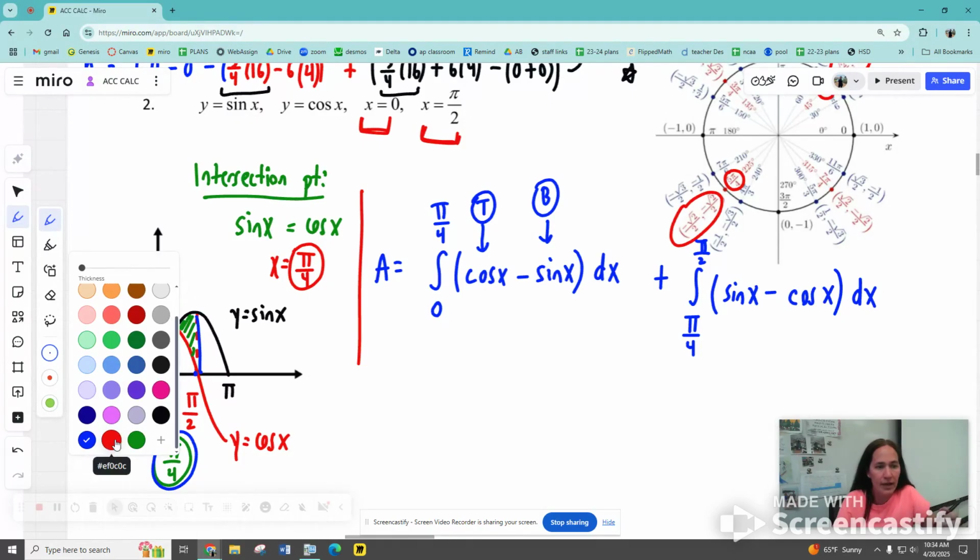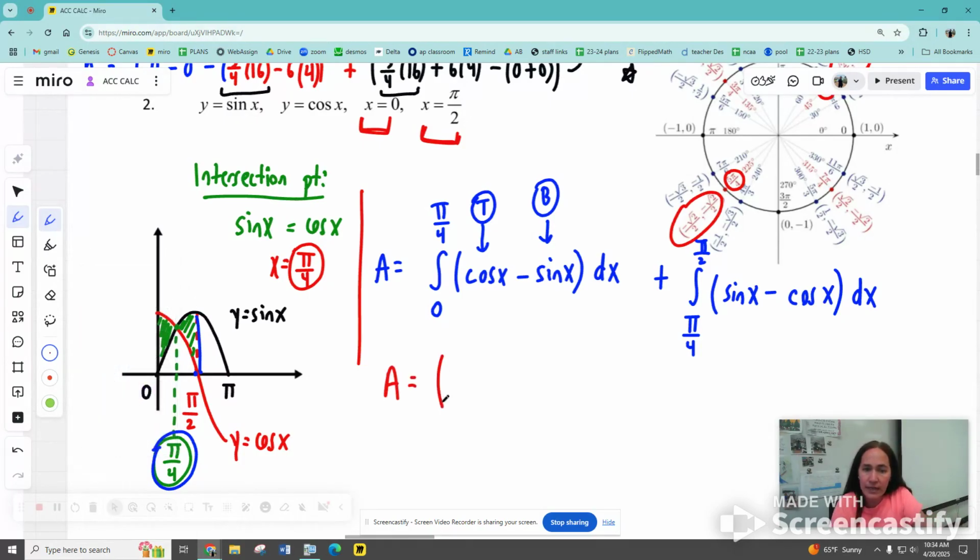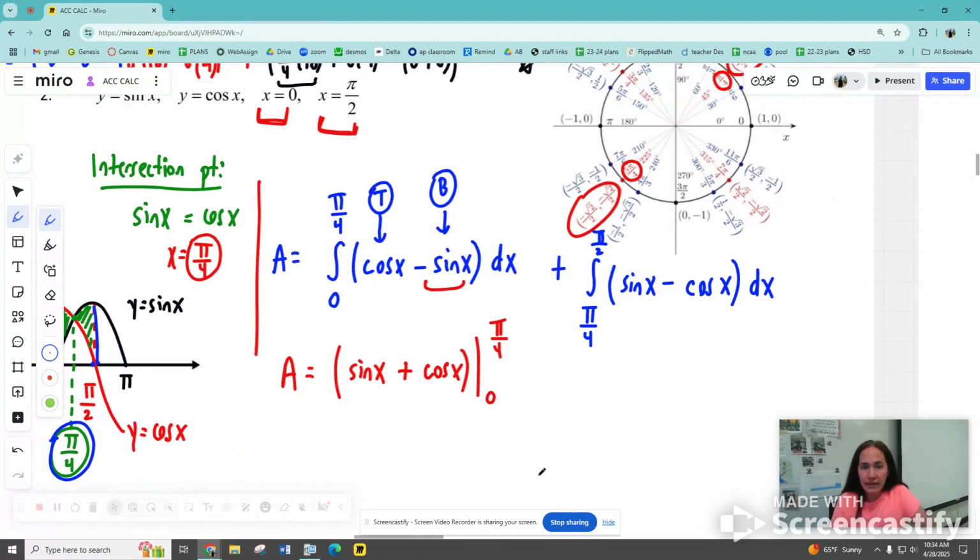We'll go to our next line, and we've got area equals integral of cosine. That should just be sine of x. Integral of sine is going to be negative cosine. Because we're subtracting a negative, let's make this plus cosine of x. And this is evaluated from 0 to pi over 4. Second integral, let's see, integral of sine, we mentioned it, it's negative cosine of x. Integral of regular cosine would be sine, but we're subtracting, so minus sine of x, evaluated from pi over 4